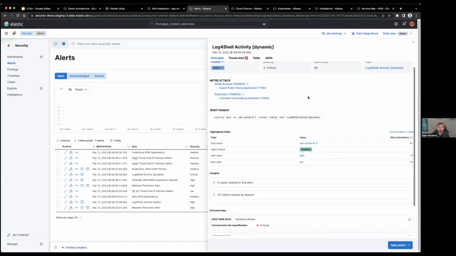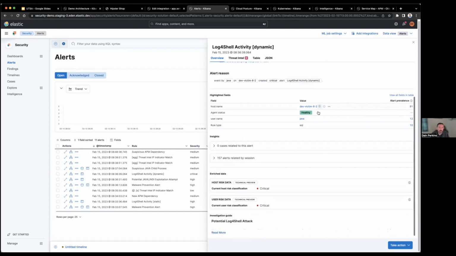This is our correlation rule engine, EQL. And what I'm doing is looking for effectively some malicious endpoint activity followed by the types of things that are indicative of Log4Shell. So I could be looking for connections to DNS, HTTP, LDAP servers, whatever's appropriate for my environment.